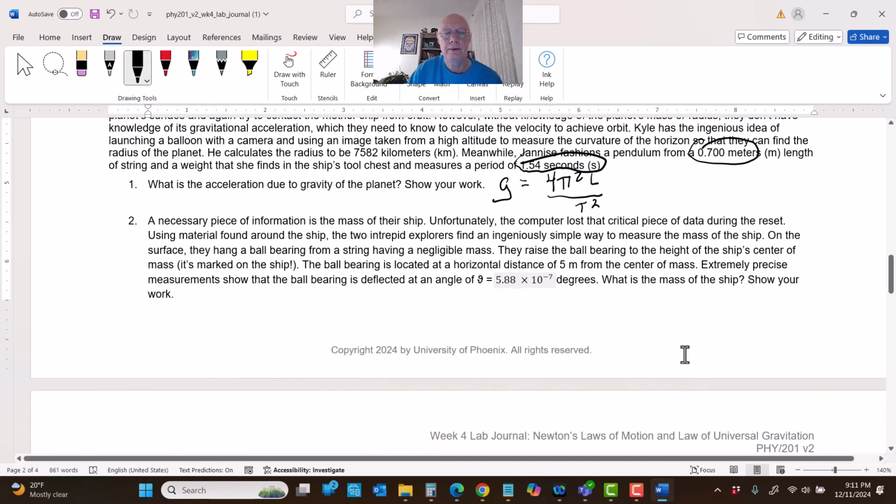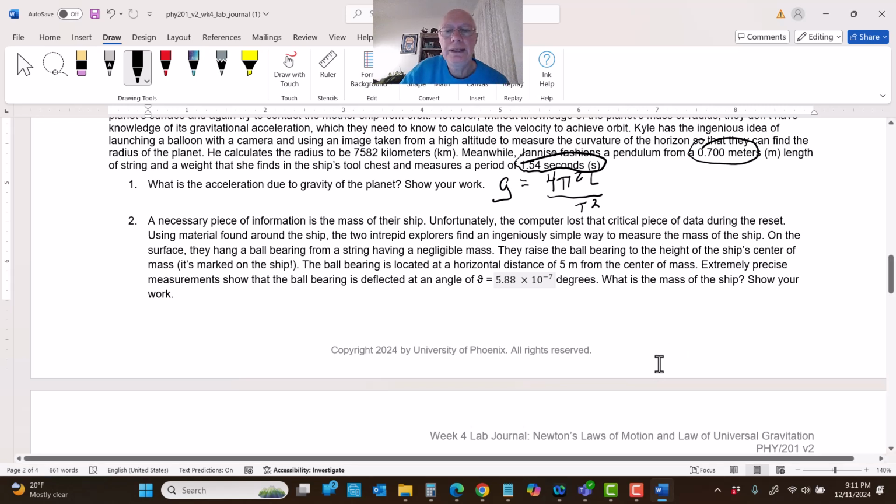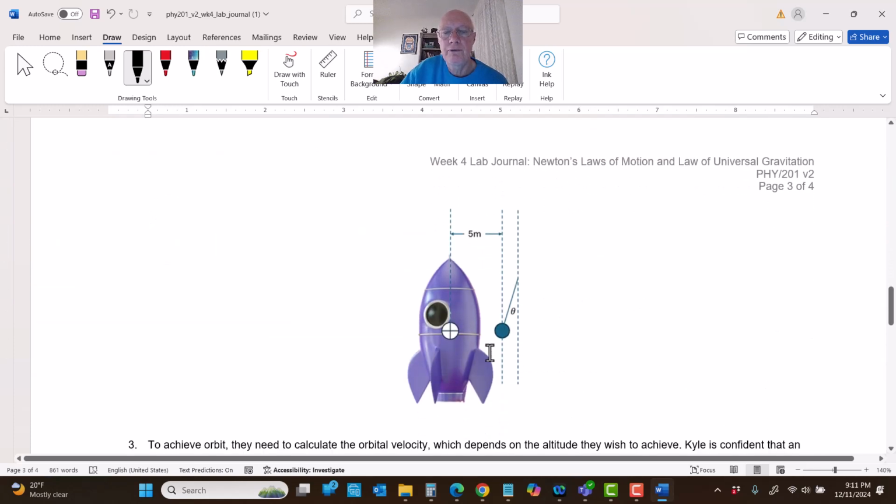All right, then they have to know something else. They have to know the mass of their ship because they're going to launch the ship into space, and they need to know how much thrust they have to apply. So they need to know the mass of the ship. Well, they use a version of the Cavendish experiment. So you can read about that in chapter 6, but I'm going to save you the trouble and